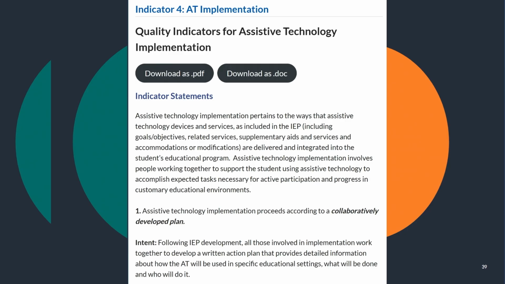And the intent of this statement is that following the IEP development, all of those who are involved in implementation of the work together then develop a written action plan that provides detailed information about how the assistive technology will be used in specific educational settings, what will be done, and who will do it. For example, a robust AAC device that is high-tech, right, like an iPad with TD Snap,